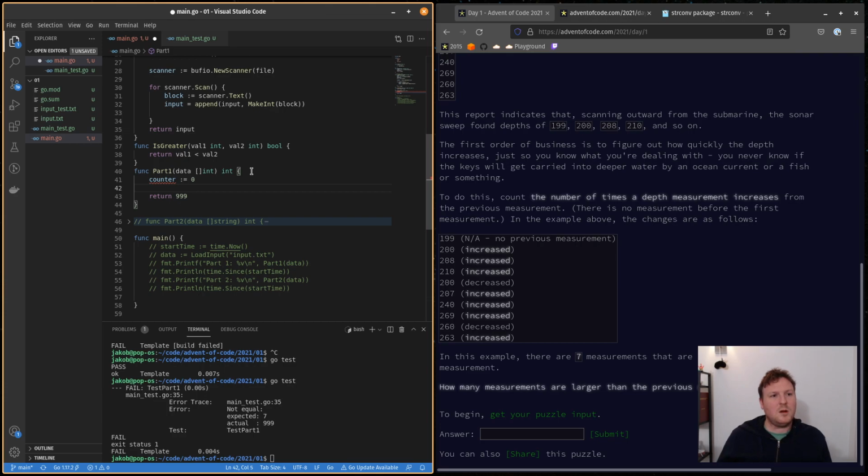And what we're going to be doing is, so we need to keep track of the indexes, right? So we'll do a for I, right, the index,